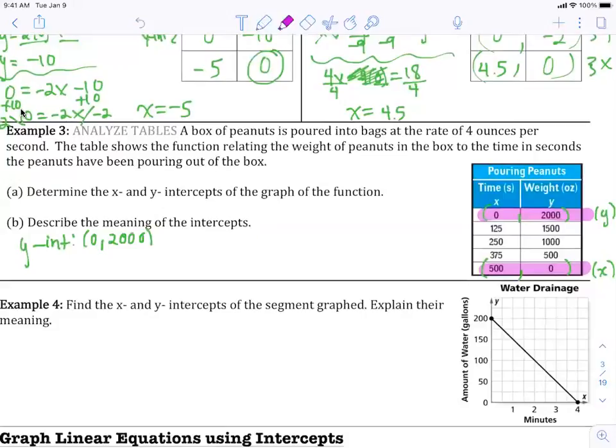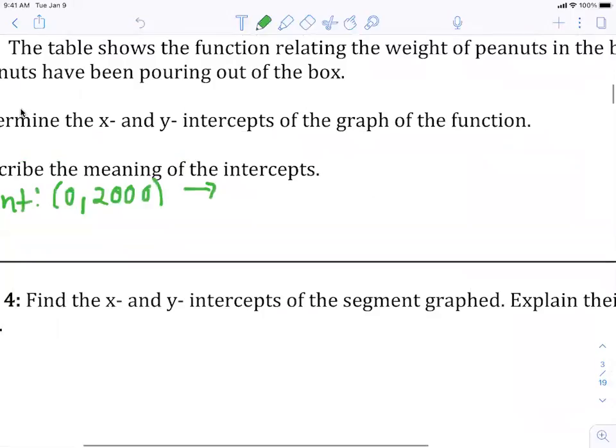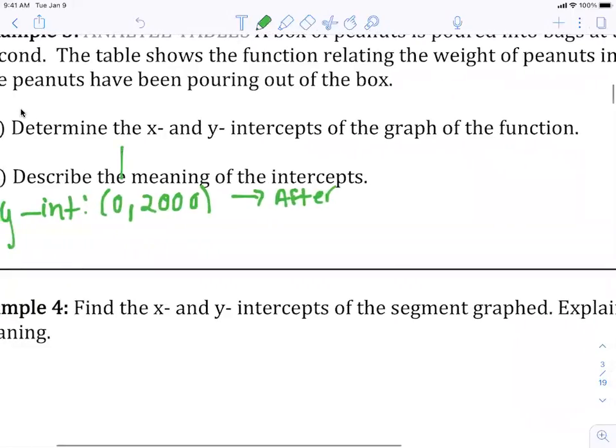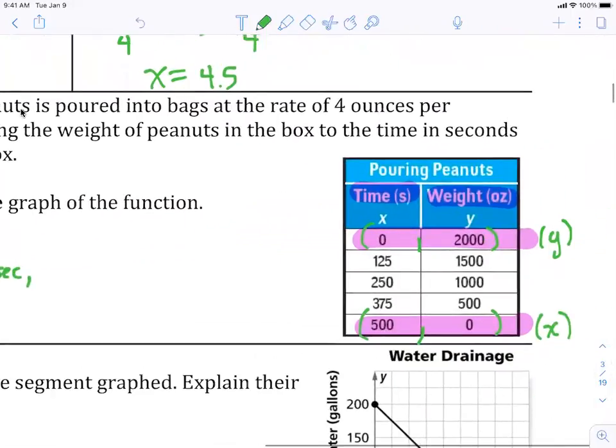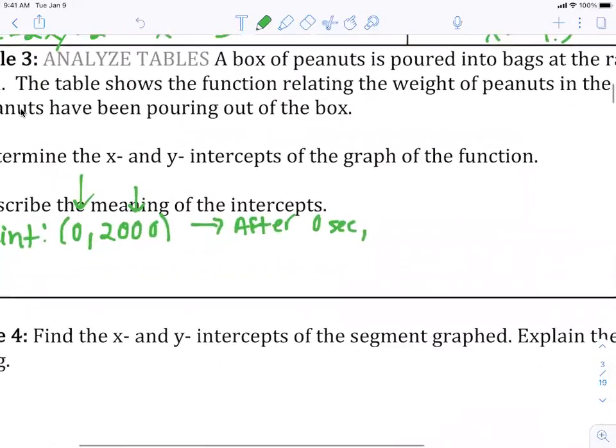Well, x represents time and y represents weight. So when I say describe the meaning, it just means give me a sentence. So for this one, if x is time, it says after 0 seconds. The y value in this problem represents the weight. After 0 seconds,